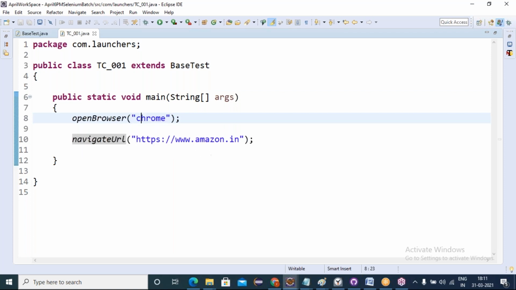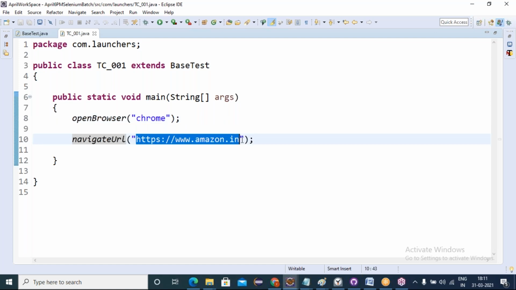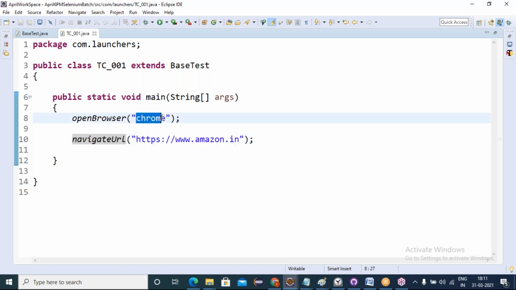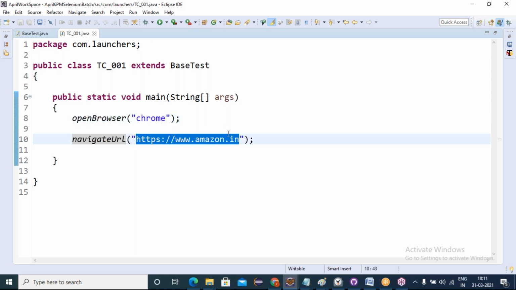So the data should be organized in some data sources. We have properties files, flat files, Excel files, and XML files; different data sources are there to organize the data. From there we have to pick up the data and give it to our functions. So here I am taking the properties file. In it I am storing the browser type and URLs, and from there I will pick them up and give them to these methods as arguments.